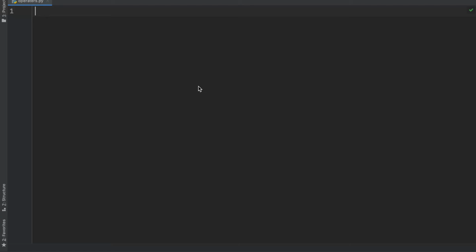So today we're going to be learning about operators in Python. First of all, what I mean by operators: addition, division, multiplication, and subtraction. So first of all, asterisk means